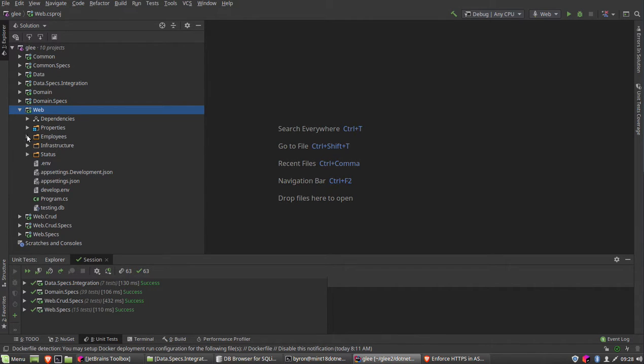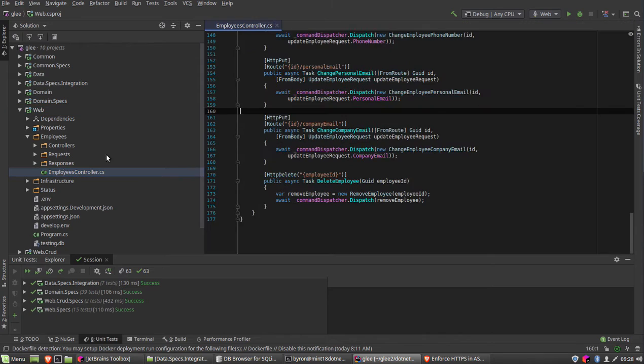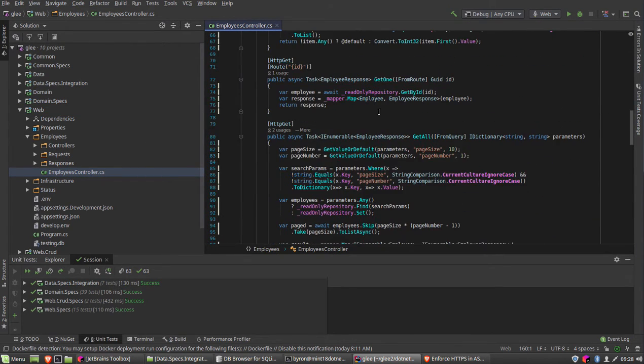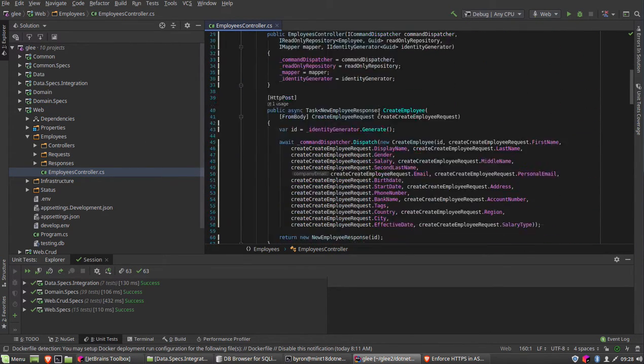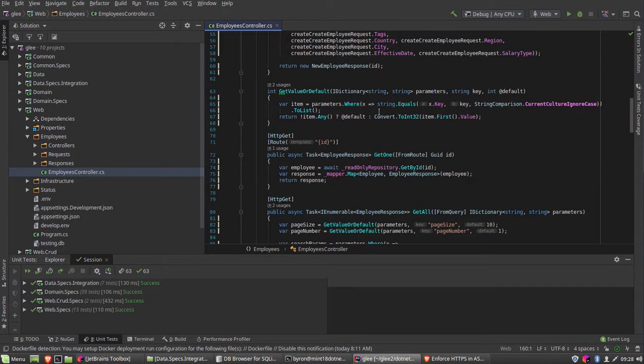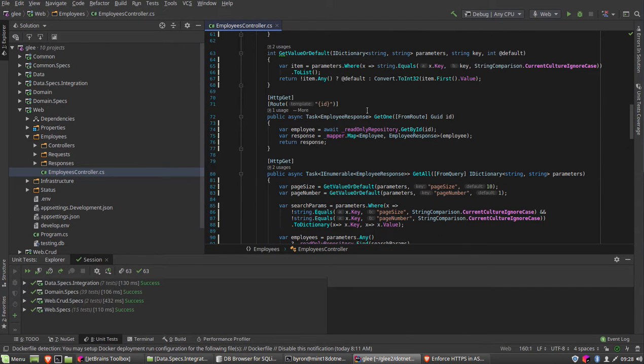So I'm going to go into our example employee controller. And you can see here that there are lots of different methods. I want to show you a read. So this is get one. This is a method that is just going to get one employee, and it's going to get it, as you can see from the route, by its ID. We're parsing that ID using model binding, a wonderful ASP.NET feature, and we're just going to go and get that